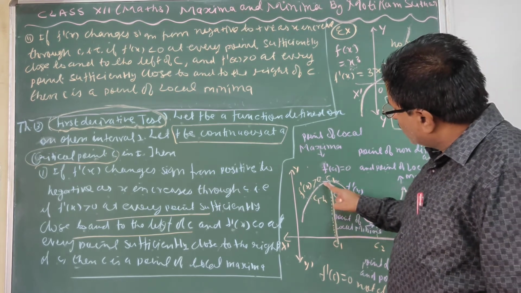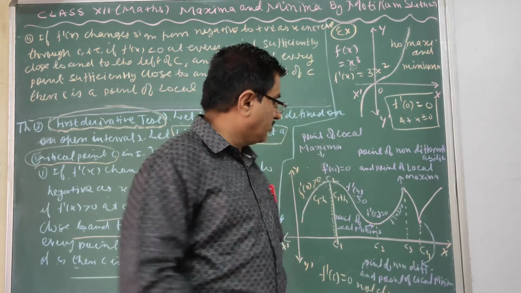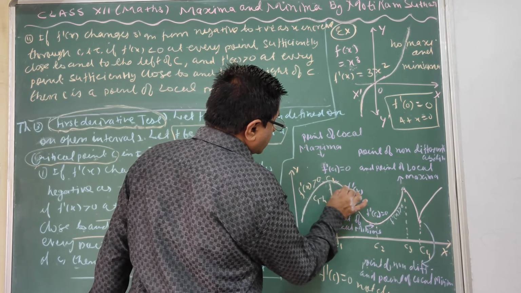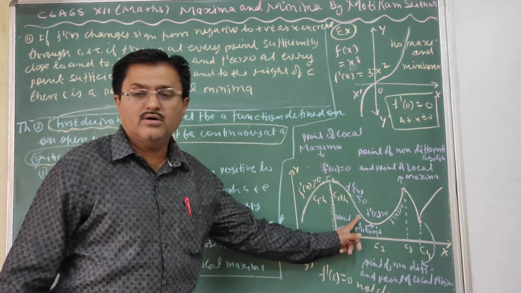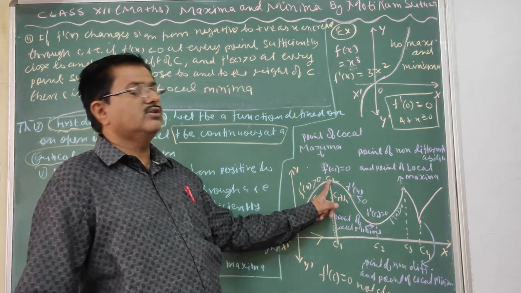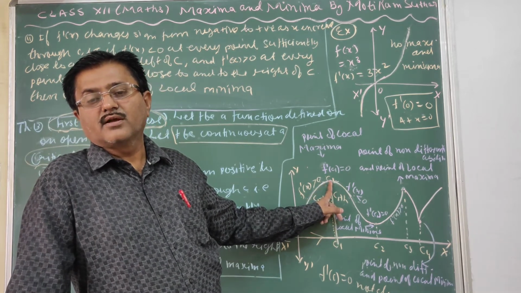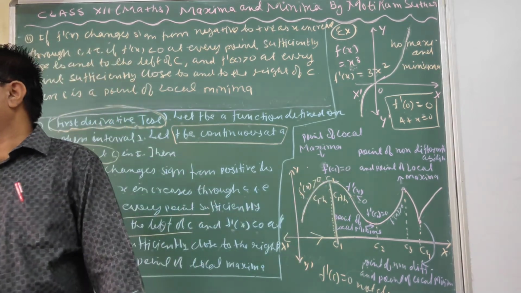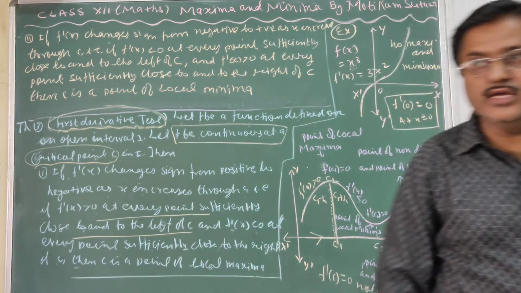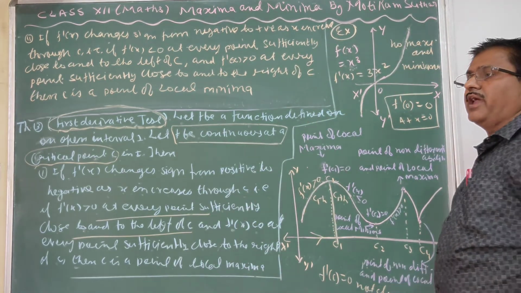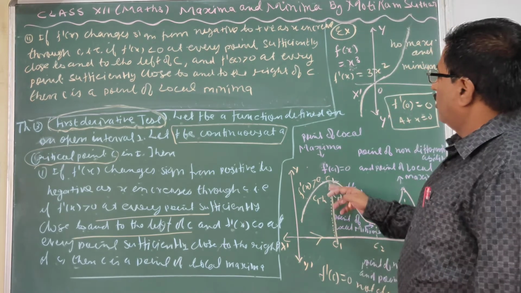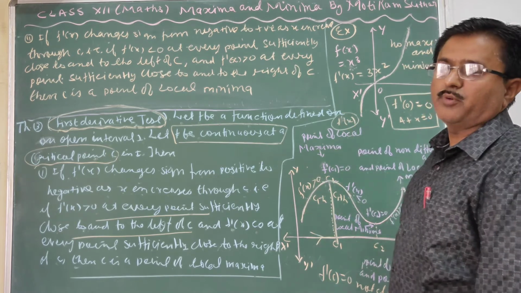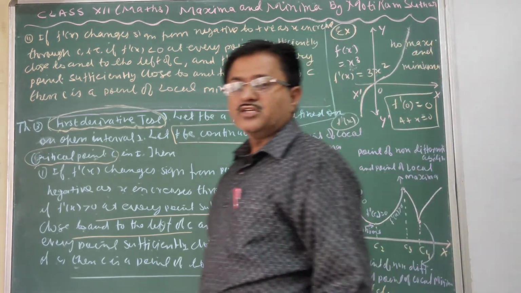So when this is positive and x is increasing, ये very important thing, x is increasing but the value of y is decreasing, means from positive to negative. So that point is known as local maxima point. And the value of the function at that point is known as local maximum value. Local maximum value is written as f(c), at the point c. Clear? This is the first point.